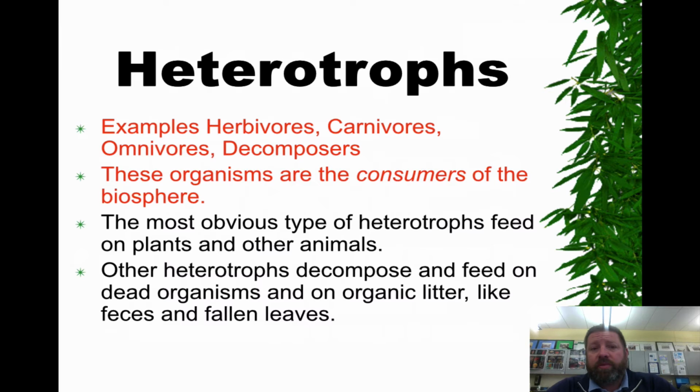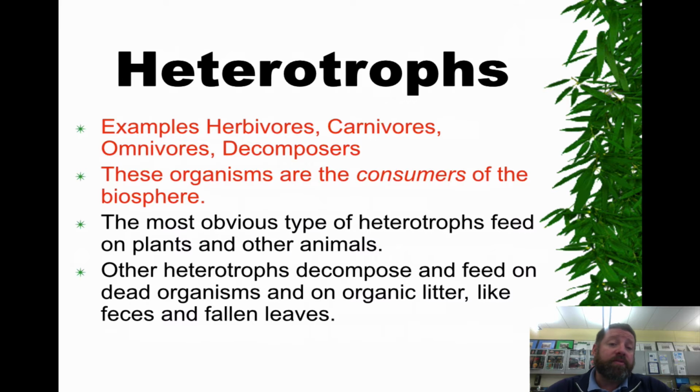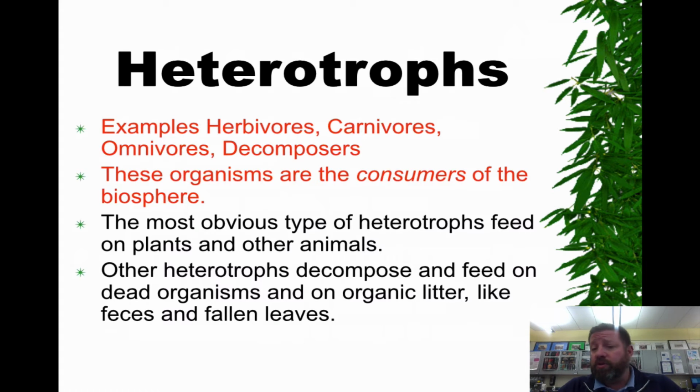So obviously, heterotrophs fall in this category: hetero, meaning other, trophic, where you eat. These would be things that cannot make their own food. These are going to be all of our animals. Then we can even break those animals down into smaller categories such as herbivores, carnivores, omnivores, and decomposers. Obviously, herbivores eat veg, carnivores eat meat. Omnivores are us; we eat a little bit of both. And decomposers don't eat veg or meat. They take the dead organisms and turn those back into products that can be used, reactants that can be used